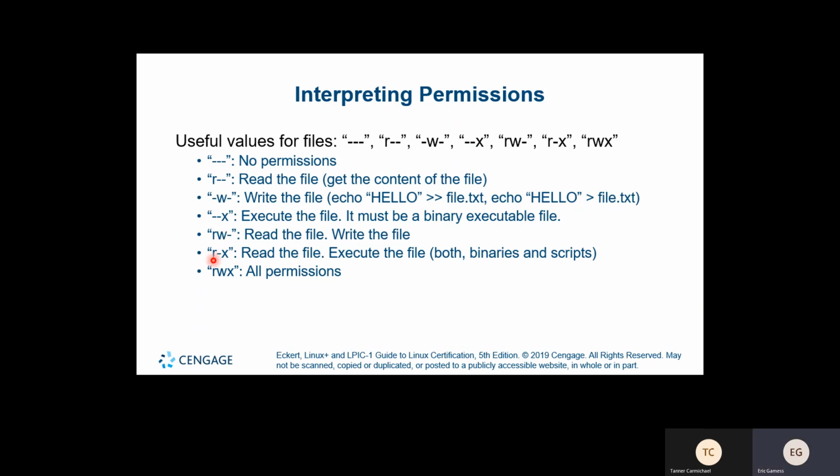If you have the r-x permission, you will be able to read the content of the file and you will be able to execute it. So you will be able to execute it in both cases, if it's a binary file or if it's a script. And if you have rwx, you have all the permissions on the file, which means that you will be able to see the content, modify the content, and you will be able to execute the file